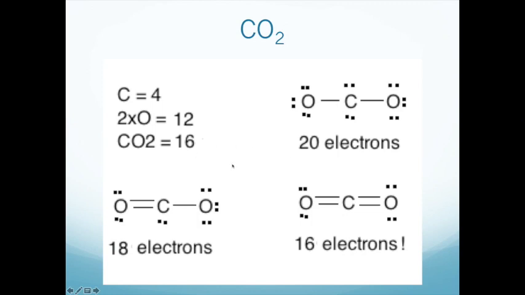If you draw one double bond between a carbon and an oxygen atom, you eliminate 2 electrons from the structure while retaining the octet on both oxygen and carbon. However, you still have 18 electrons, which is 2 too many and therefore wrong. If you draw a second double bond between the carbon and the second oxygen, you remove another 2 electrons from the Lewis structure while maintaining the octet on all atoms. And this structure has 16 electrons, which is the right number of electrons, and therefore this is the structure of